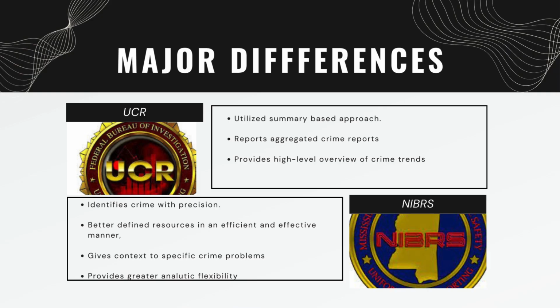What are some major differences between the UCR SRS system and the NIBRS system? So, the UCR system utilized a summary-based approach, meaning it was just a summarized version of crime in one particular area. There were no specific details. Furthermore, the reports were aggregated crime reports. It wasn't very specific, they lacked detail. Lastly, it provided a high-level overview of crime trends, so that it only showed the trend of the crime and where that crime trend was occurring, rather than a generalized area,